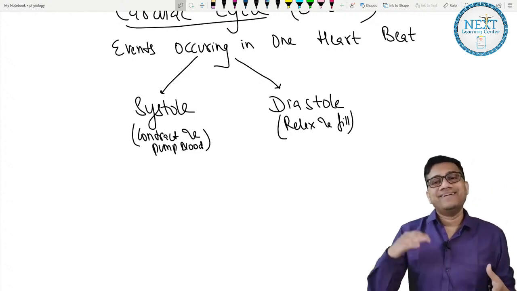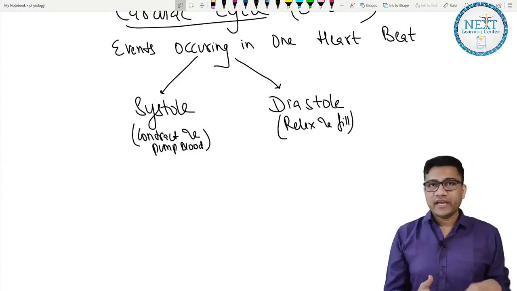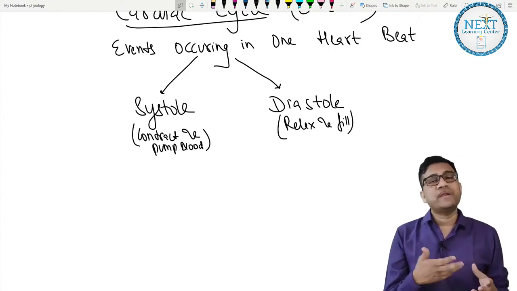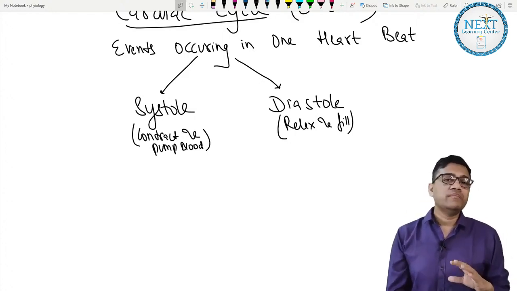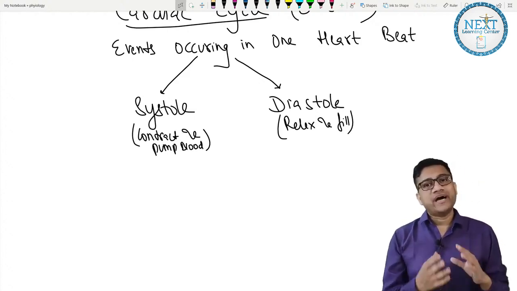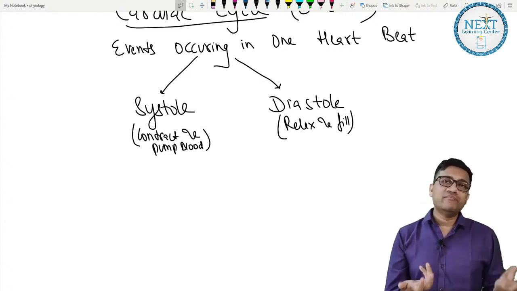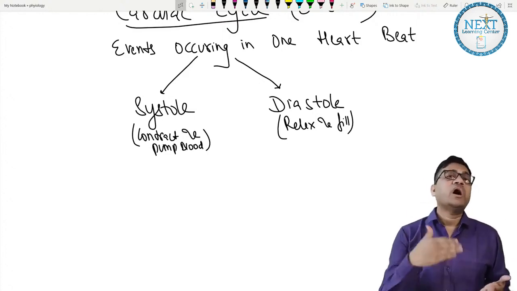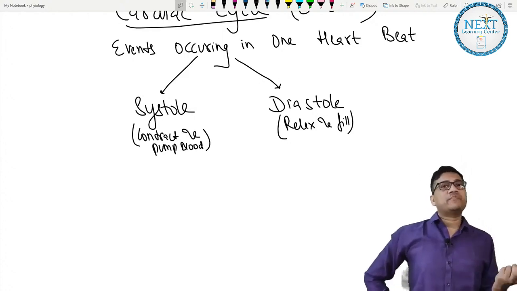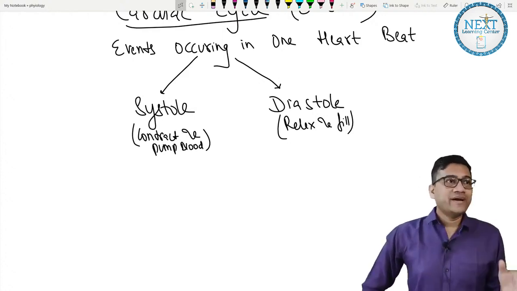And the other is diastolic failure, in which the heart is unable to what? Fill properly with the blood. So what are the 2 kinds of problem? There is diastolic dysfunction or failure, or systolic. Diastolic is what? You're not getting enough blood, you're not filling properly, so how can you pump? And the other is you are unable to contract properly. Are you clear? So that's why it's like that.